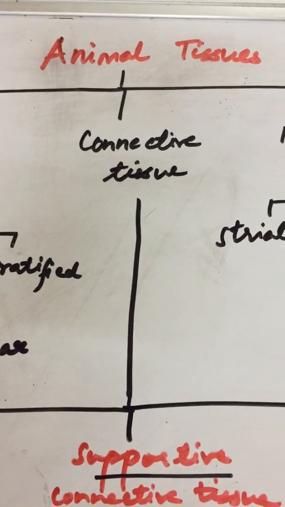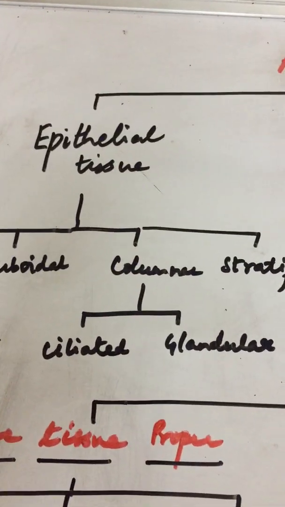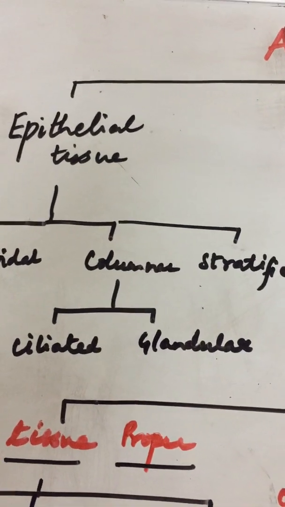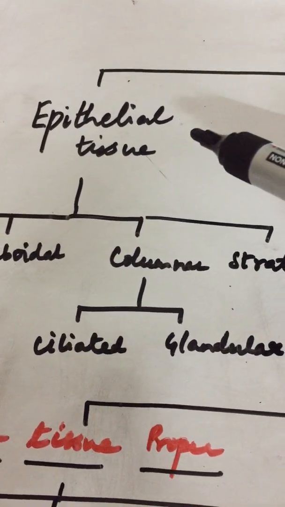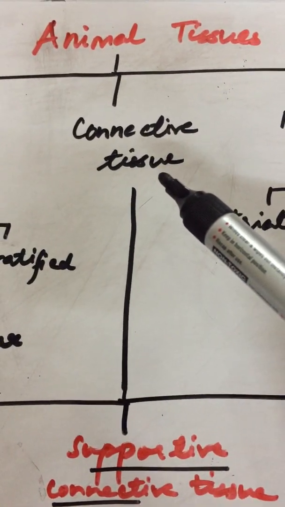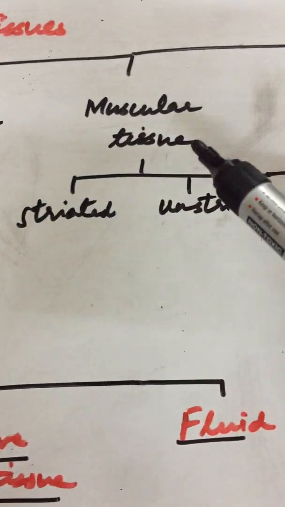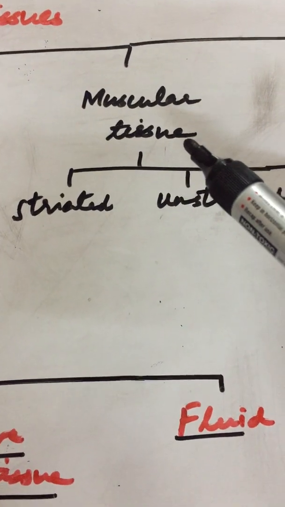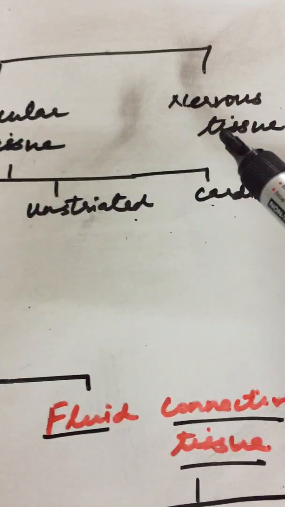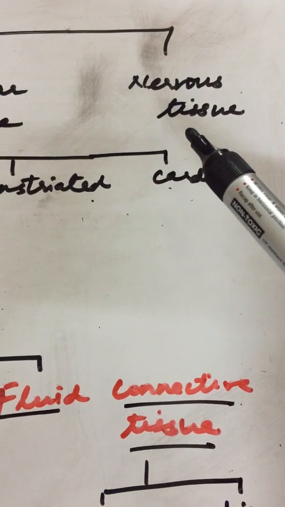Today we'll be talking about animal tissues. Now, animal tissues are basically divided into four categories. The first type is epithelial tissue, which is basically a protective tissue. Next, we have connective tissue. As the name says, it connects different parts of the body. Third category is of muscular tissue, which comprises of different kinds of muscles in our body. And the fourth one is nervous tissue, which is present in the brain and spinal cord and in the nerves